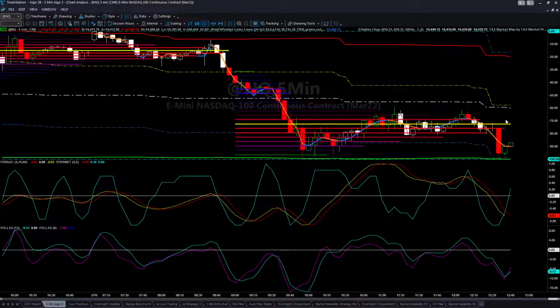It may even go back up to the point of control. It's hard to say, but this caught the move perfectly. Look at that. Boom. Done. Over with. It doesn't mean the trade's over. It just means that on the 5-minute, it does this. It'll stop, it'll revert, and then it may come down. But this does not imply that the trade is over